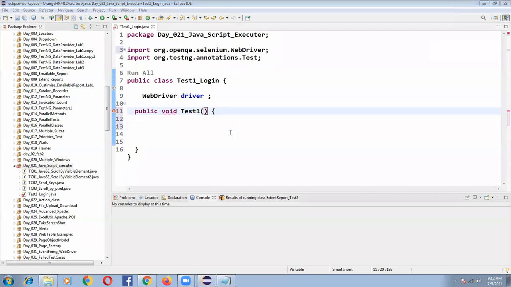Test1_sending. So I'm writing a method. One second, my system performance is very slow.